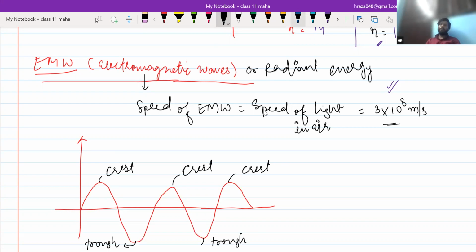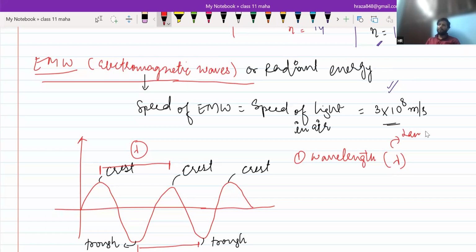Now see, we have some terms like wavelength, wave number, velocity, frequency, time period. All these terms we need to clear according to this wave. So always remember that the distance between two nearest crests or the distance between two nearest troughs is called wavelength. Wavelength is denoted by lambda. How are we going to define lambda? It is the distance